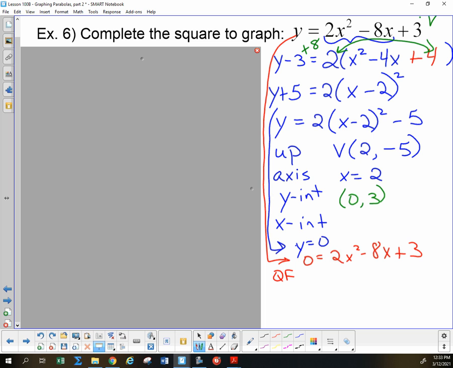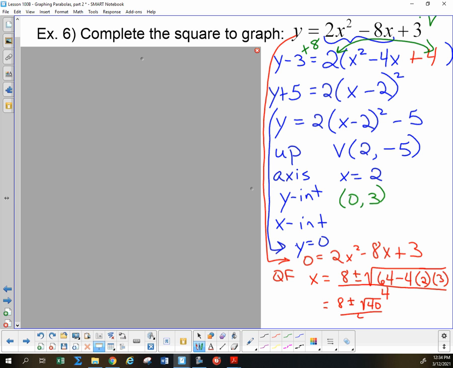I can say that x would have to be the opposite of b, so that would be positive 8, plus or minus the square root of b squared, which would be negative 8 times negative 8, positive 64, minus 4 times a is 2, times c is 3, and that is all over 2a, so 2 times 2 would be 4. So I have 8 plus or minus 64 minus 24 would give me the square root of 40,